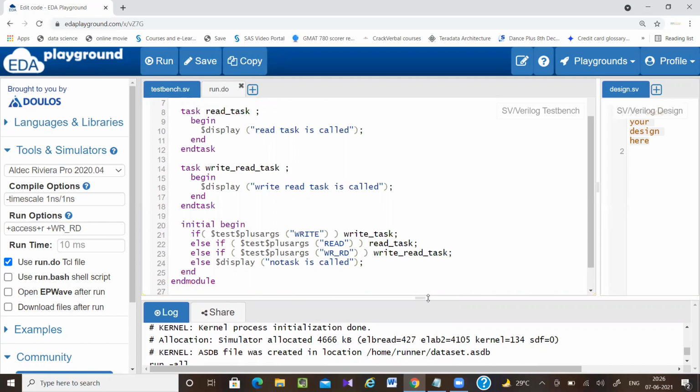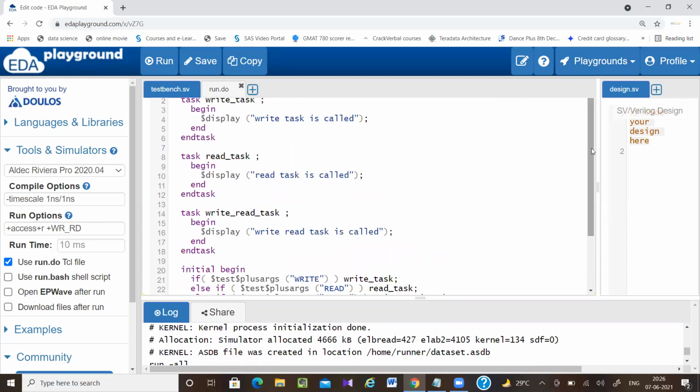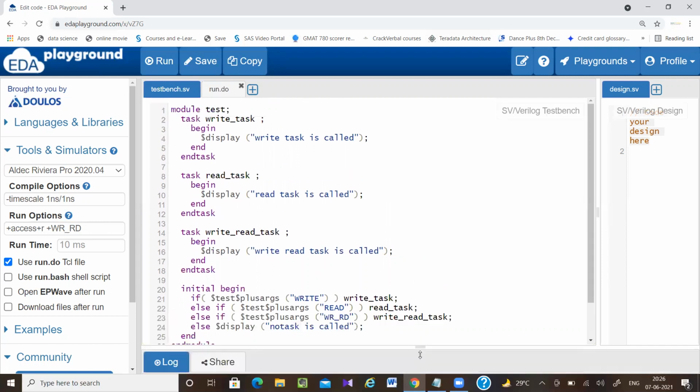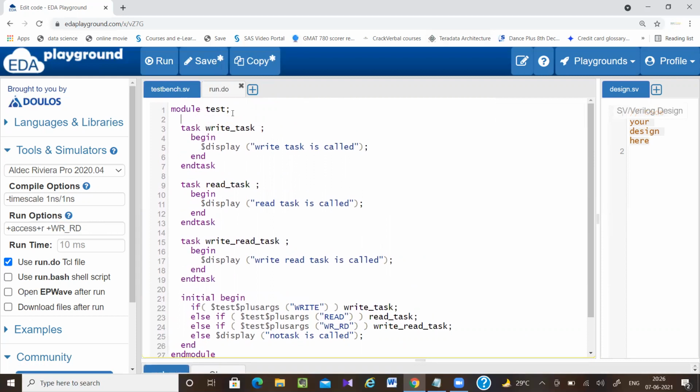the simulation. So now next, what is the use of $value$plusargs when you want to pass some value? Let's say here I am declaring one variable a. Let bit a.